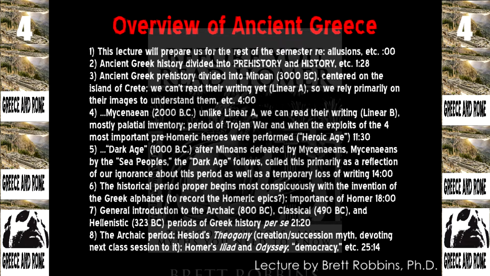We are going to have a succession myth that we get to next. We're going to be talking about the ancient Greek conception of where the universe came from, and also how Zeus came to be the king of the gods in Olympus. And all that is mirrored a little bit, if you want to think of it that way, in what's going on here, in the sense that the Minoan civilization was overtaken, destroyed to some extent. What's a better word for it? Defeated. Okay, not quite destroyed, but allowed to stand and then overtaken by the Mycenaeans. And then the Mycenaeans were overtaken, the way they overtook the Minoan civilization, by blank.